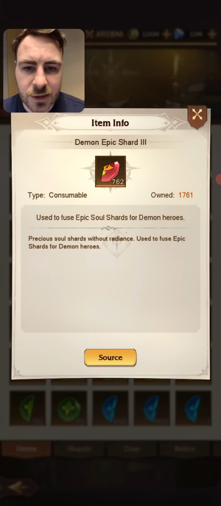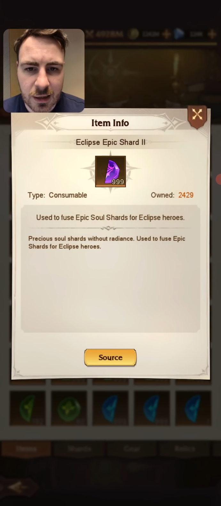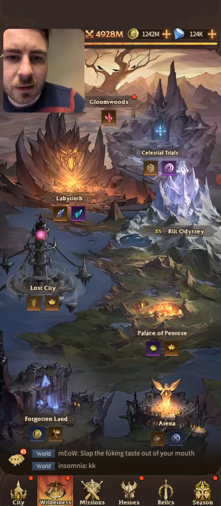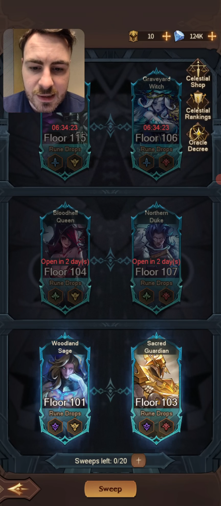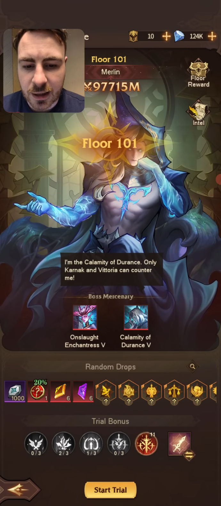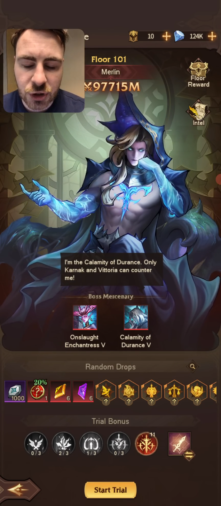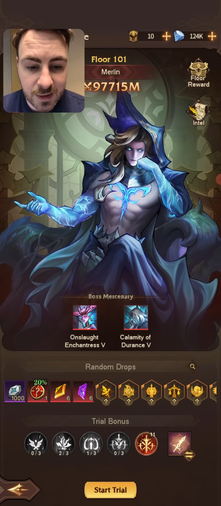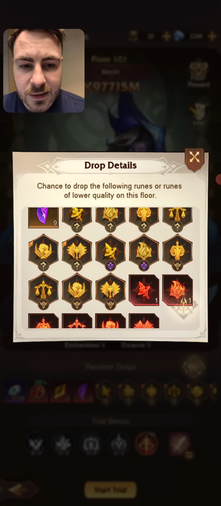We've got all of these, so you've got Demon Shards, you've got Eclipse Shards, and Woodland Epic Shards. Now, the way that we go about getting these, firstly, is from the Celestial Trials event. So as you can see, I can click on Merlin here, and eventually when you get to high enough level, if you don't have it already, it's because you're not high enough level, but we do get to see what